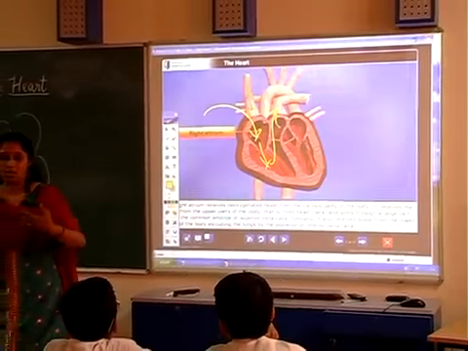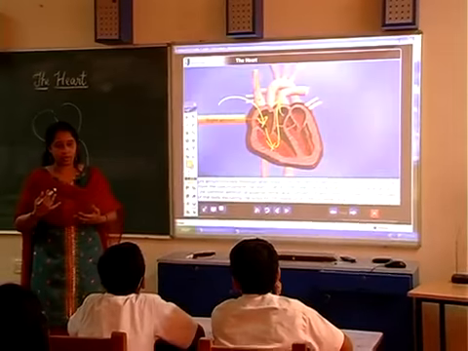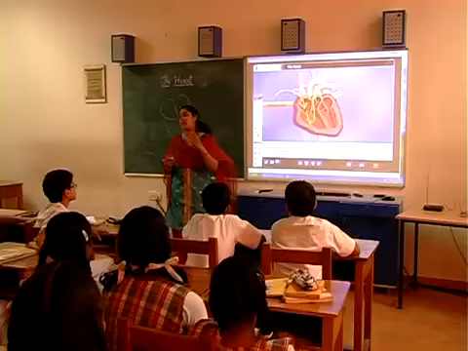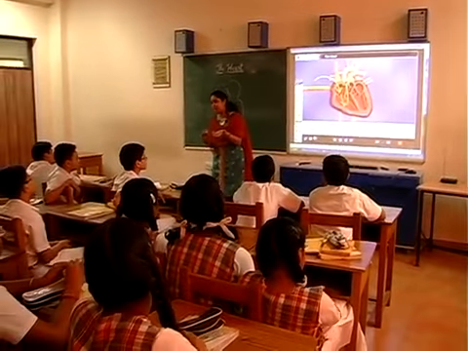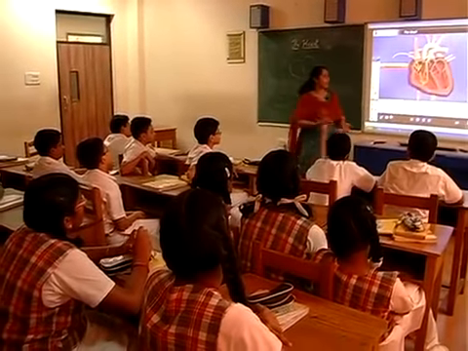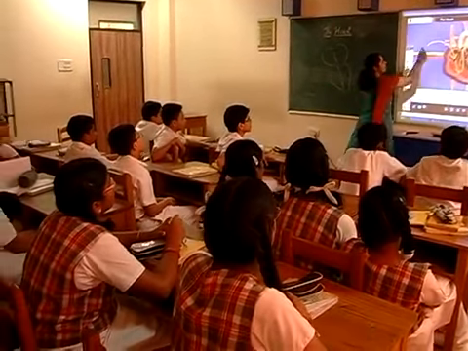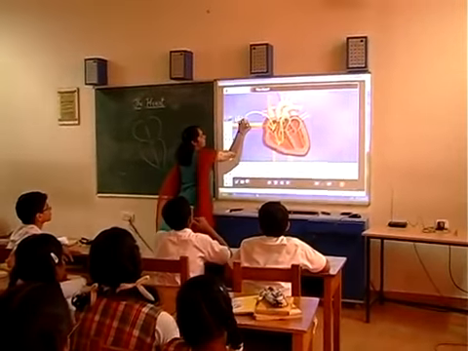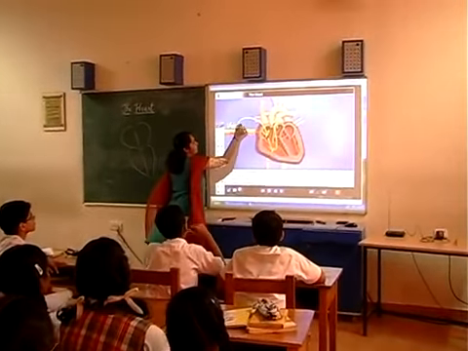which is a vessel which takes the deoxygenated blood. We have the pulmonary artery. So that is the only exception. The only artery which carries deoxygenated blood is the pulmonary artery. So this deoxygenated blood is collected from various parts of our body by the veins, and is superior and